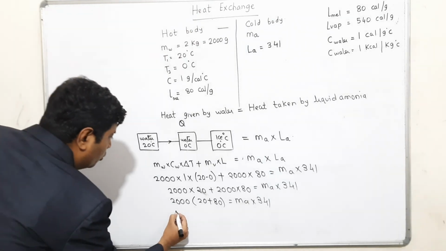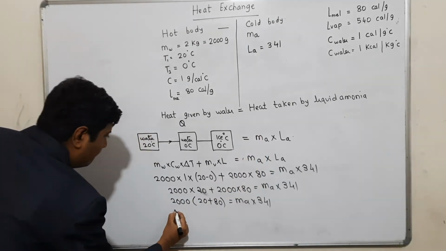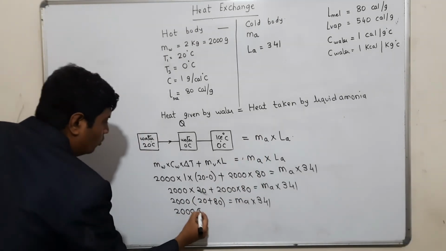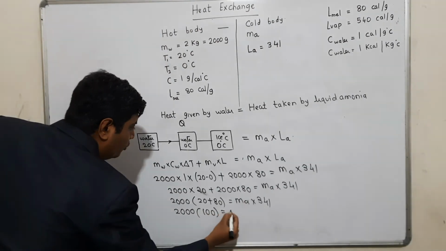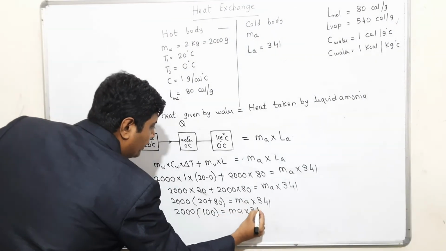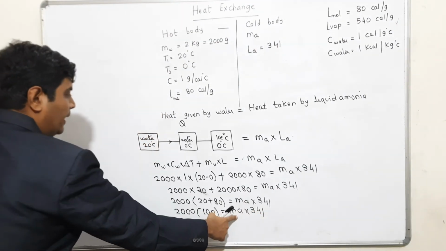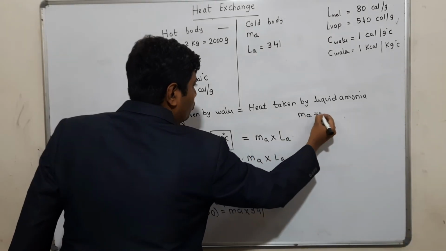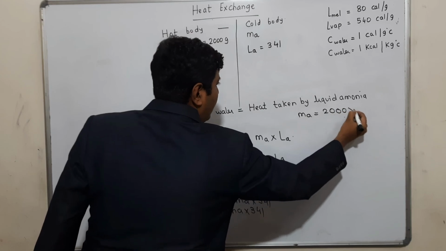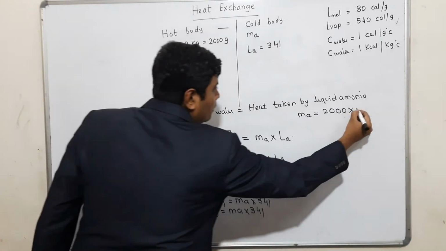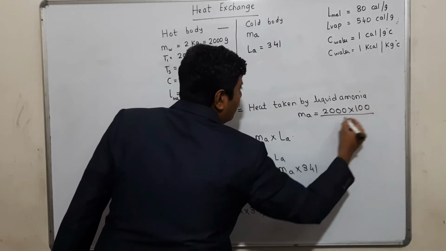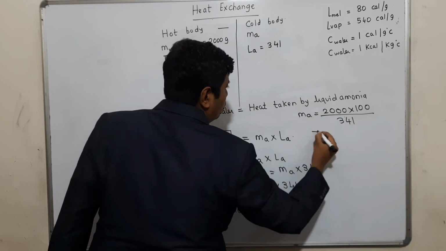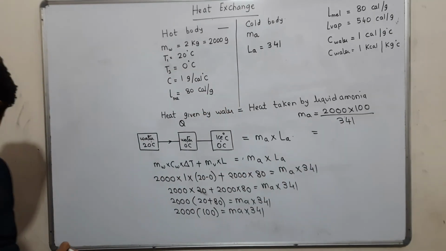So therefore 2000 into 100 is equal to Ma into 341. You want the value of Ma, so 341 will come in denominator. Ma is equal to 2000 into 100 divided by 341. You do the division and you will get the answer as